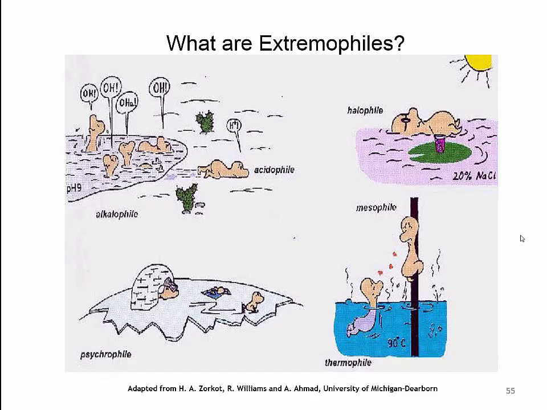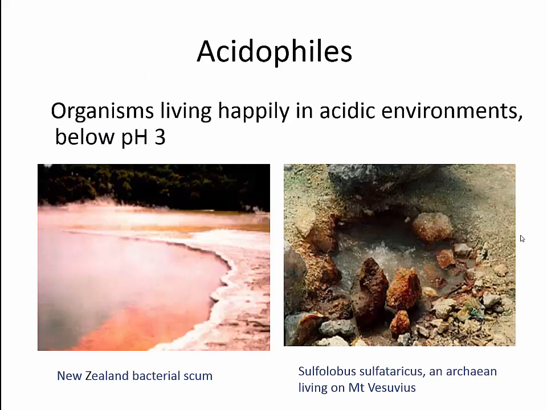Here's a cartoon of extremophiles. So there are all kinds: acidophiles, alkaliphiles, halophiles, psychrophiles, thermophiles. Acidophiles are organisms that live happily in acidic environments, which is below pH 3. And here's a picture of a pink New Zealand lake. And that pink stuff is actually acidophiles because the lake is acidic. And then we see Mount Vesuvius, which erupted some time ago. Archaeans called Sulfolobus living